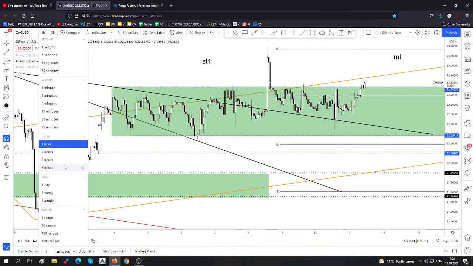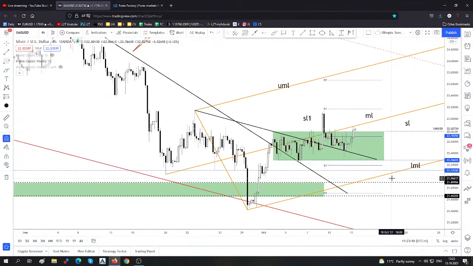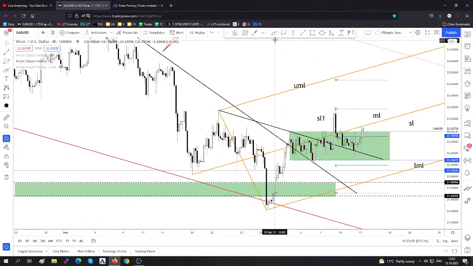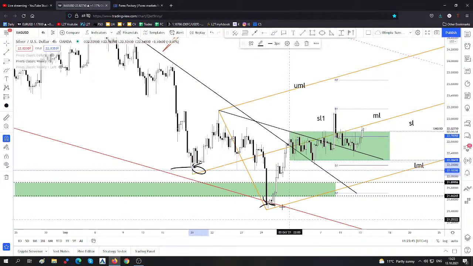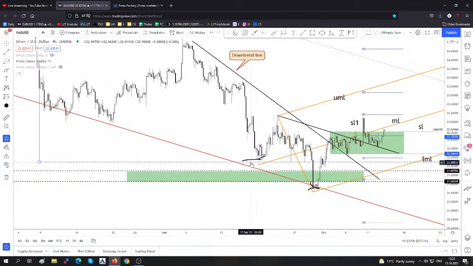I will take a look on 4 hour. As you already know, guys, personally I've talked here about an inverse head and shoulders pattern, a reversal pattern here in silver. I talked about a potential reversal here after jumping above